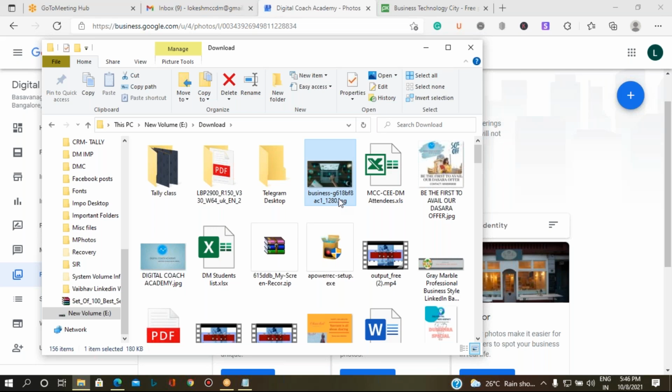What is this image related to? So you can rename it. It's mandatory that whenever you download an image, you add the right name for your images.